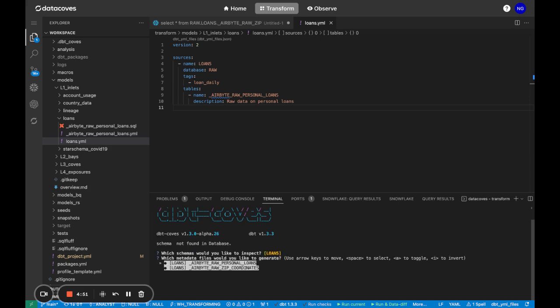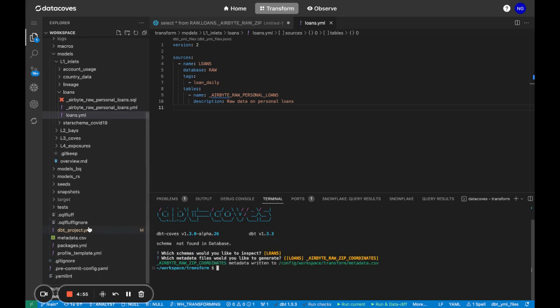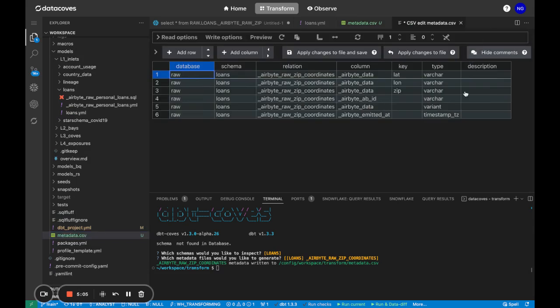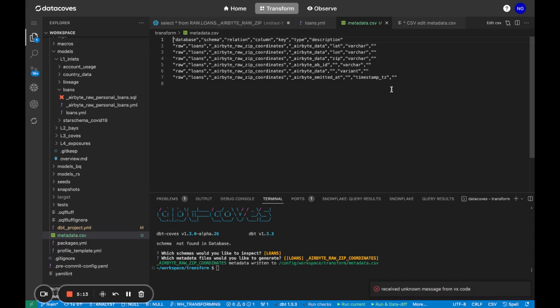So I'll go through the same process. This time I'll select that second table. And what we will see here is that it created this metadata CSV file. So if we actually see what this looks like in a grid, you can see that there's all the columns and there's no description. But I don't want them to like start from zero. So I can do the same thing. I can select all of this,